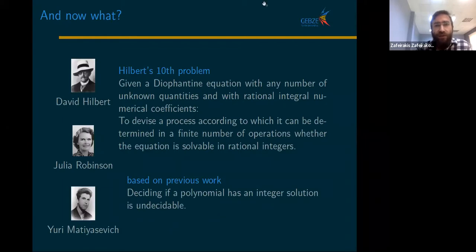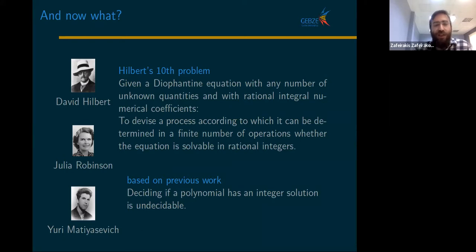Okay. Now, I didn't explain what kind of constraints we have, because I want to motivate a bit the fact that we are talking about linear problems for the rest of the talk. Hilbert's 10th problem asks: given a Diophantine equation in any number of variables and with integer coefficients, can we devise a process according to which it can be determined in a finite number of operations whether the equation is solvable in rational integers? So essentially, in modern language, this asks, is there an algorithm to decide if a